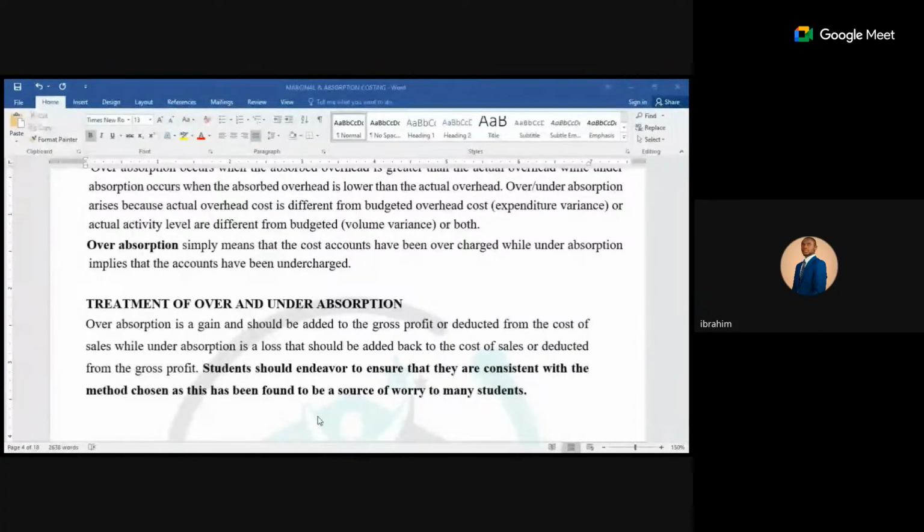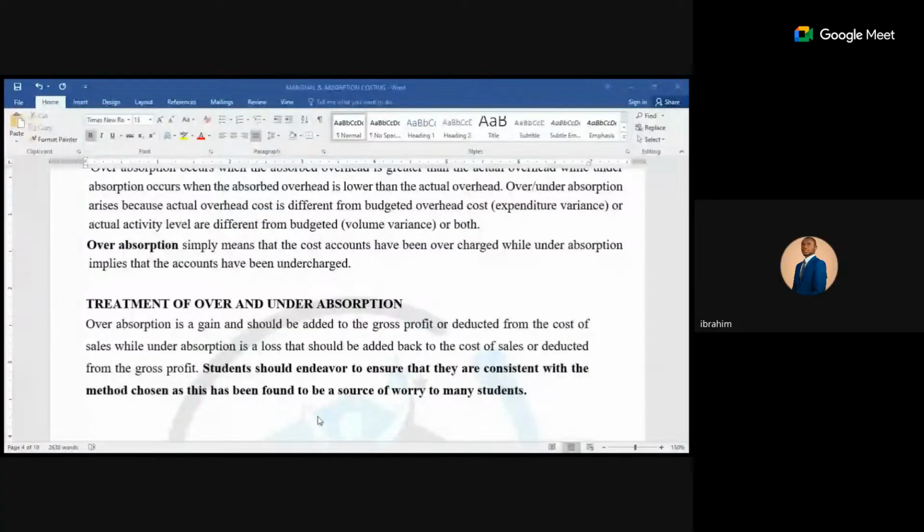Now they say that enough is enough. You cannot be overcharging me for what I don't consume, right? We'll get there, activity-based costing. That is the reason why activity-based costing came into existence, to replace the traditional approach. It is not done anywhere that you charge me what I don't consume, right? So we'll get there.